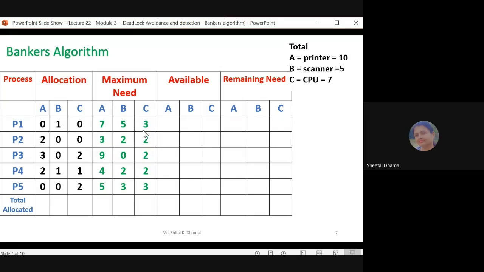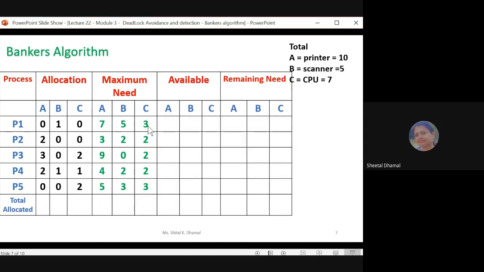my job. But initially, to avoid the deadlock or to maintain the safe state, though the total number of free resources are available with the operating system, the operating system will consider that I am working in the multi-processing environment. So after process P1, other processes can enter into the ready queue and they can ask for the resources. So that's why initially your operating system or your banker's algorithm will assign 0 printers and 0 CPUs. That is, none of the printers and none of the CPUs is assigned by the operating system to the process P1. And initially, it will assign only one scanner to the process P1, though it requires 7, 5,